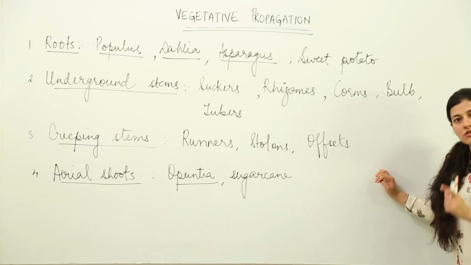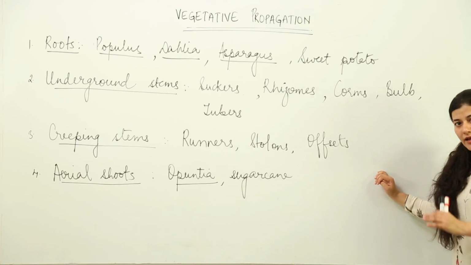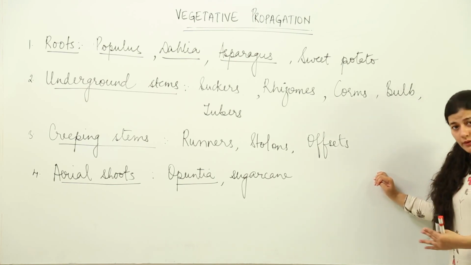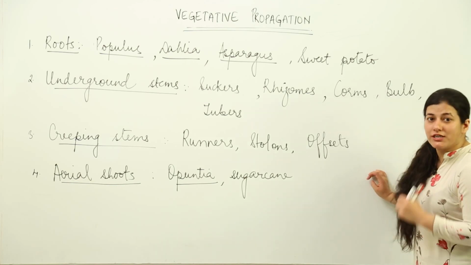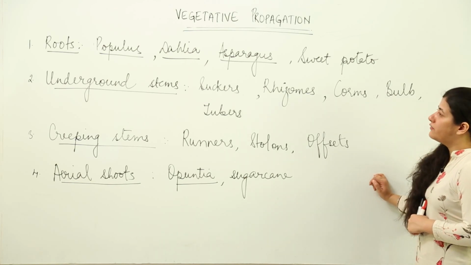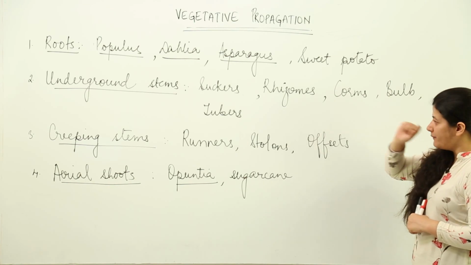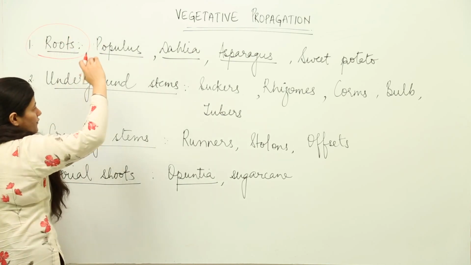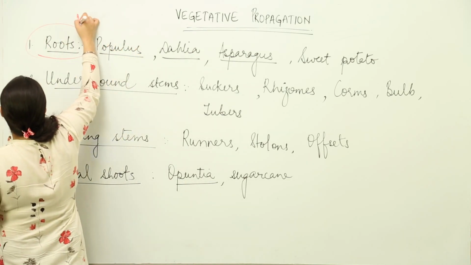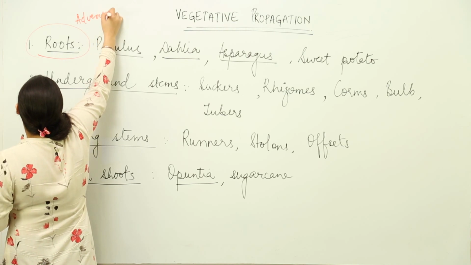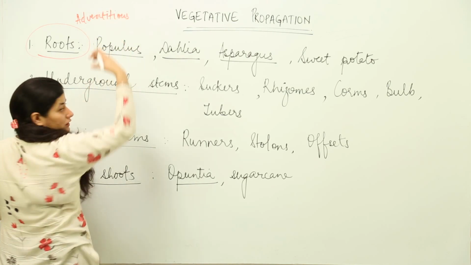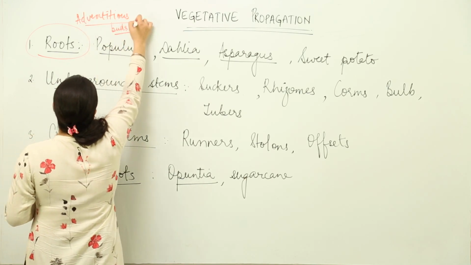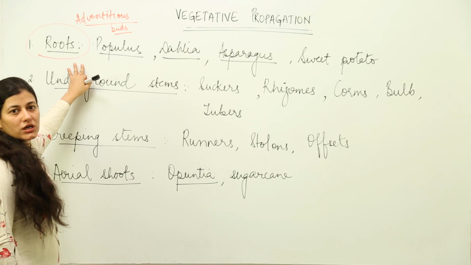So, that method is known as vegetative propagation, and we are going to see how plants propagate, that is, give rise to a new plant by using the vegetative parts. Now, we have the examples given over here. First one is the root. Now, the root will form an adventitious bud. You know, root lies in the soil basically. So, we have adventitious buds which grow and the roots give rise to a new plant.